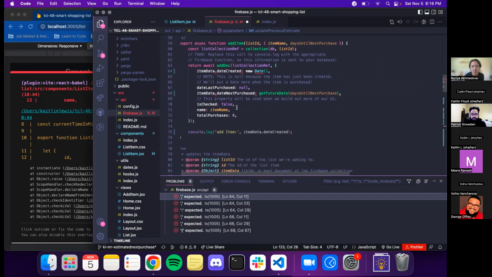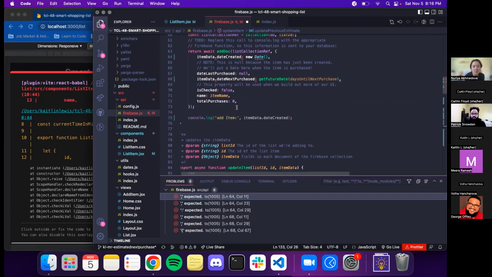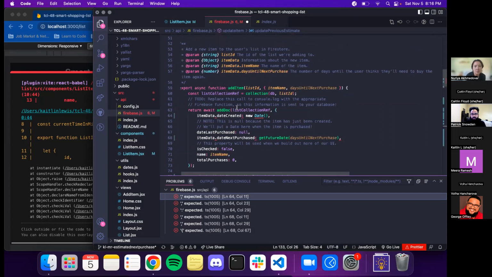You can just pass the entire item data instead, because you replaced all the values, right? So inside of here, you can just pass item data. But this is to add, when you add an item. Right, but creating a doc, you updated that object, so you should be able to pass in just that item data, the object itself.